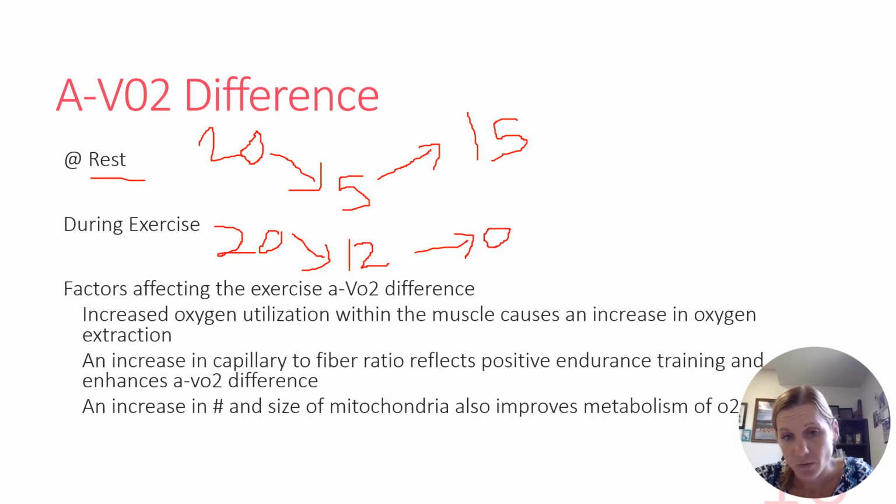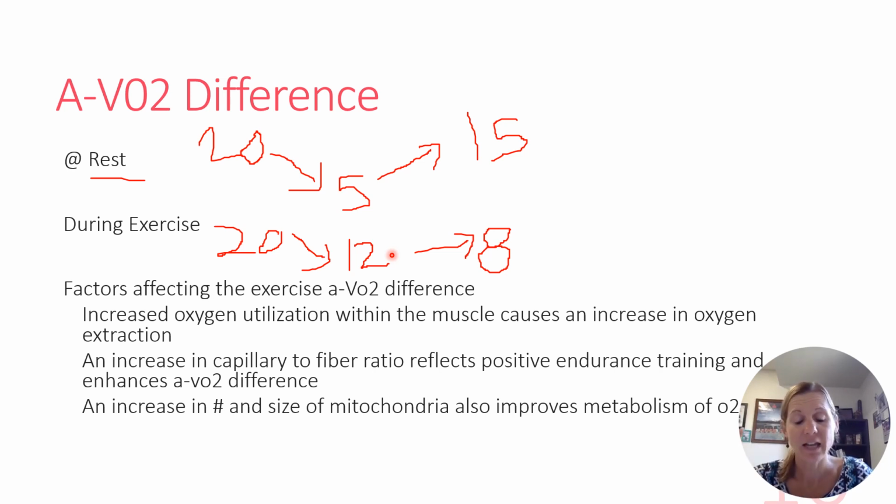Okay, so what does this tell me? We suck at this. This is a limiter. This is a huge limiting factor for us as it relates to aerobic performance. We're not good at getting oxygen out of the blood and into the tissue. We're only a little over 50% effectiveness. This is a huge limiting factor.